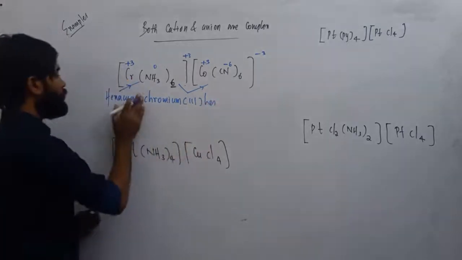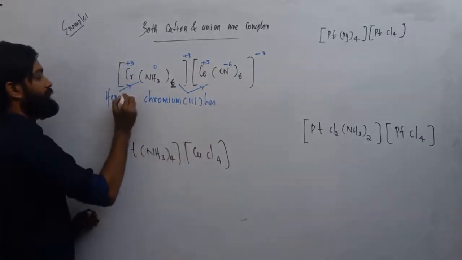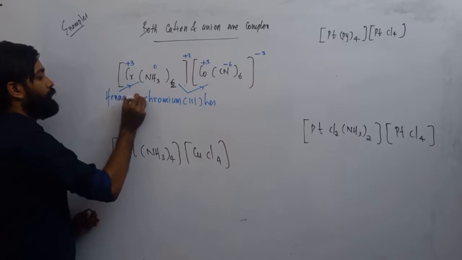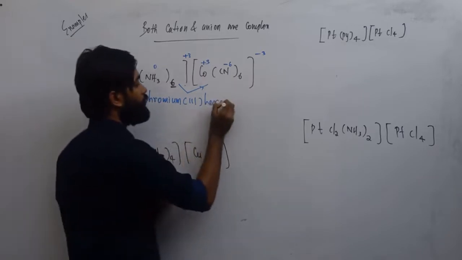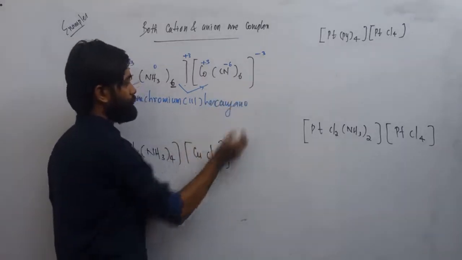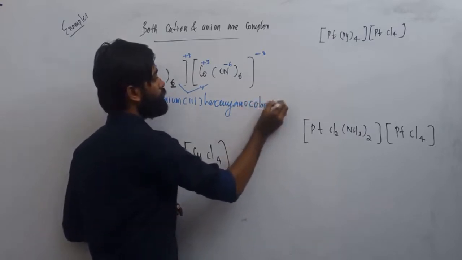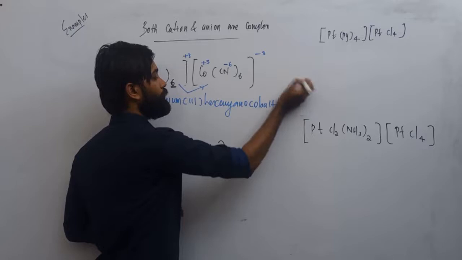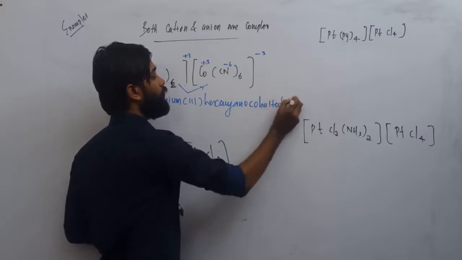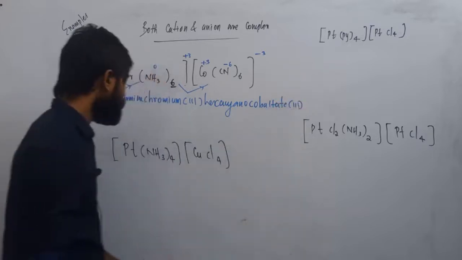I'm sorry, this is not cyano, this is amine. Here is the cyano. Hexacyano cobaltate(III). I'm sorry, this is the anionic entity, so cobaltate(III). The next,